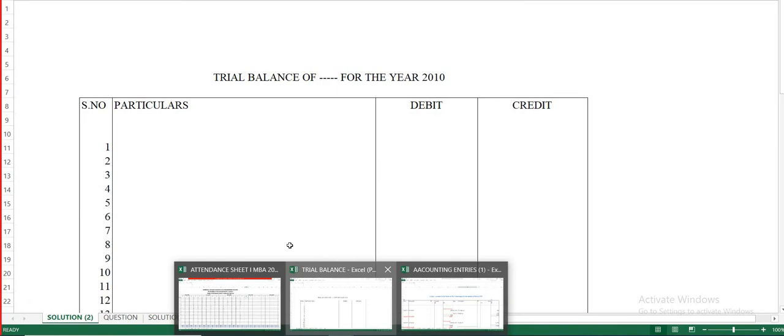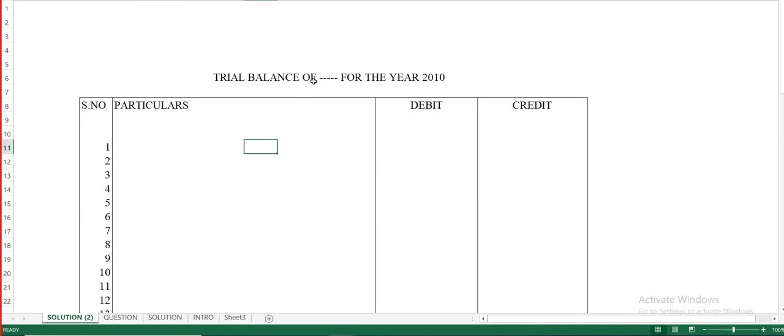As you know, the trial balance format is like this. Trial balance, and that person's name will be entered over here. Trial balance of Mr. Velmurugan something, for the month or for the year, that year will be given, 2010 or 1999. If it is 1999, just mention 1999. All those things you give up here. Person's name, everything, and you will be giving serial number, particulars, and then debit column and credit column. Just mention rupees, all those things you have to mention. Rupees, paise, small columns will be given for rupees and paise.